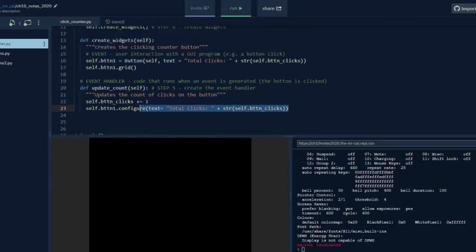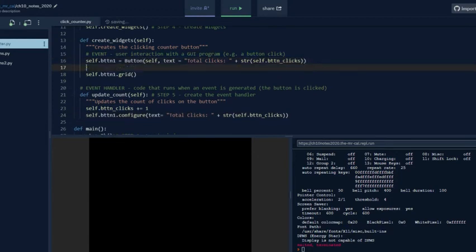All right. Now, if we run this yet, nowhere is this called yet, right? We haven't called this anywhere. So when this event happens, when the button is clicked, we need this to be called somehow. So how do we know when to call it? Well, luckily, these widgets come with an option that we can set, and it's called the command. So what we can do is after we create our button, even before we grid it, what we can do is we can